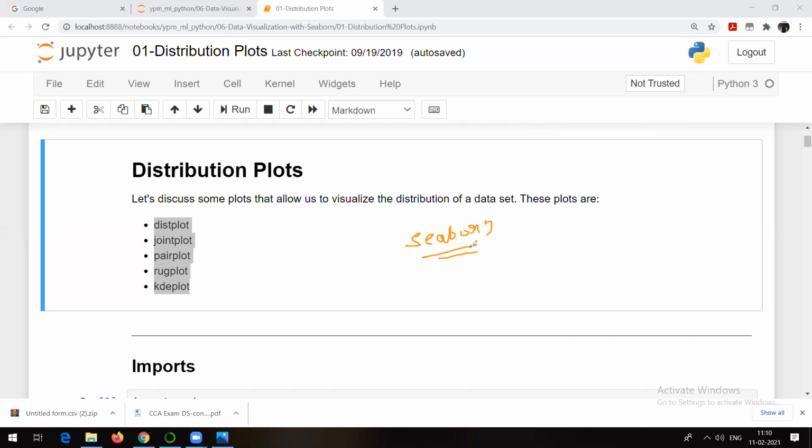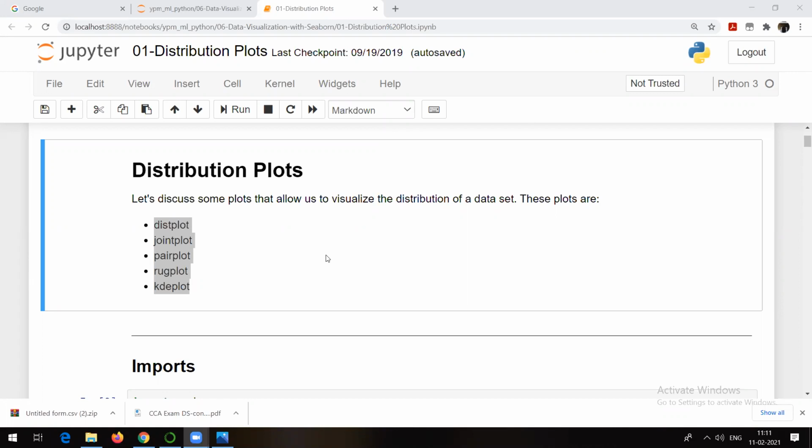So what happens in case of Seaborn is there are some ready-made data sets which are available. So it's not like we need to explicitly import some data set from some outside data source and then make use of that and perform the operations. There are some ready-made data sets which are present by default in the Seaborn package. You just need to import the Seaborn package, and then you will be able to import the data set also. So we will be making use of the ready-made data sets which are available in the Seaborn package itself, just to understand the data visualization.